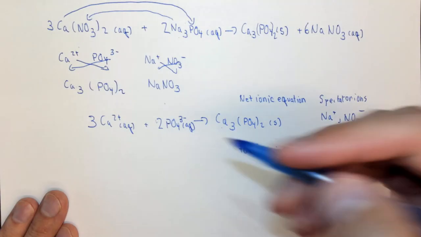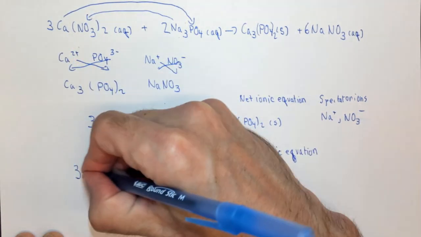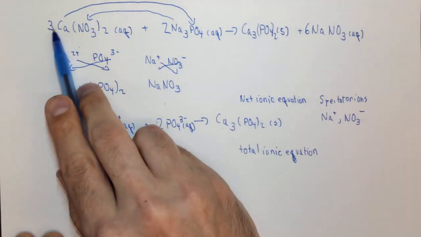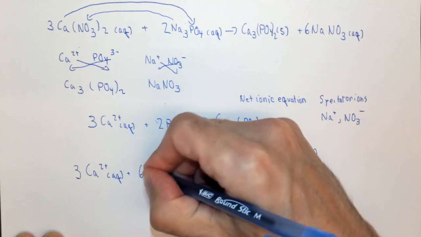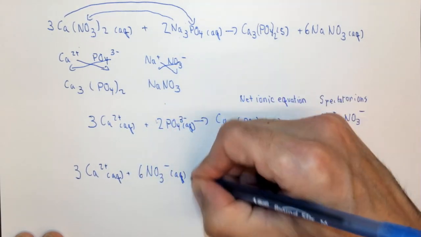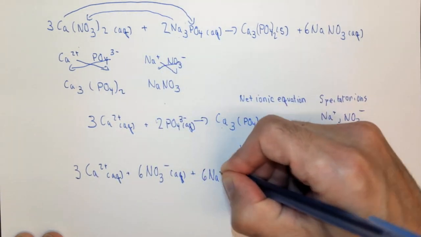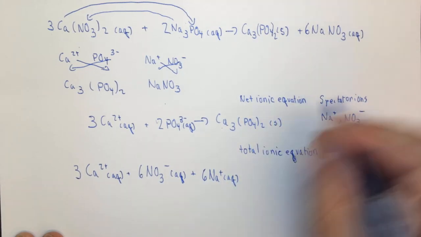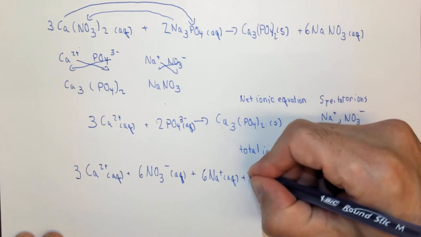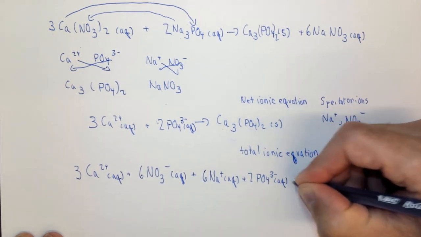In this case, I have 3 Ca2+ aqueous plus 3 times 2, 6 NO3− aqueous, plus 2 times 3, 6 Na+ aqueous. So I'm just breaking everything that's aqueous into its ions, plus 2 times phosphate, 2 PO4 3− aqueous, yields